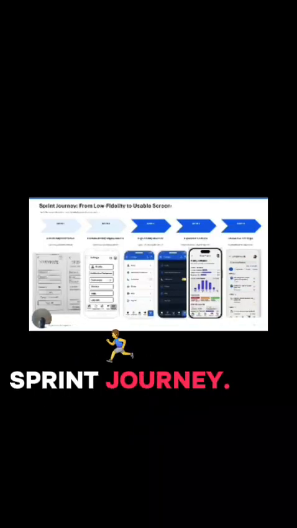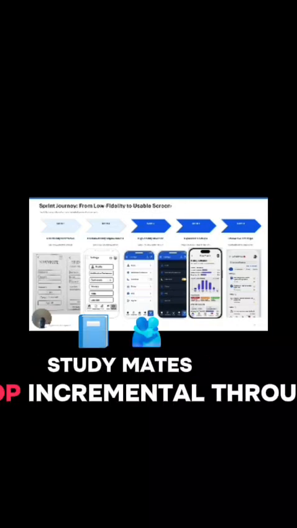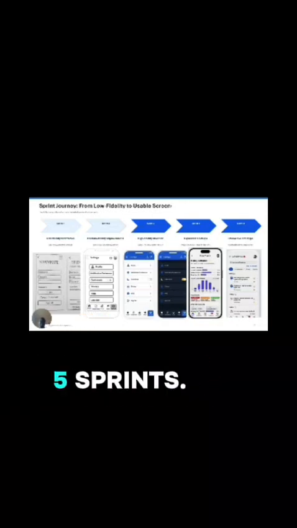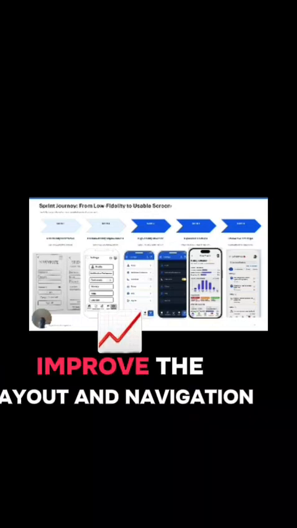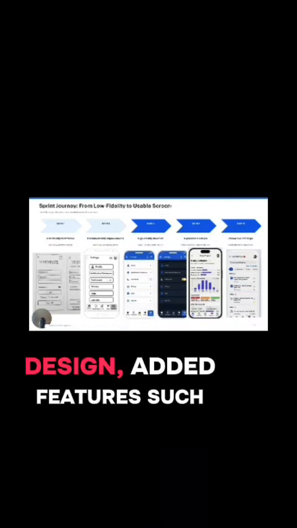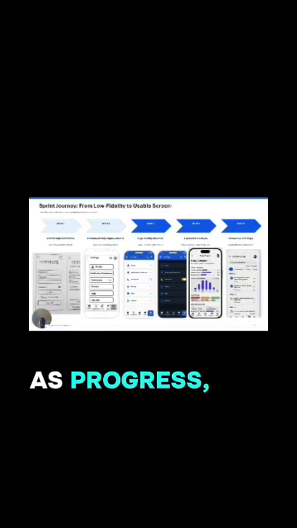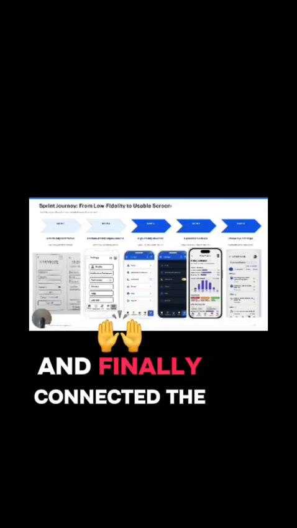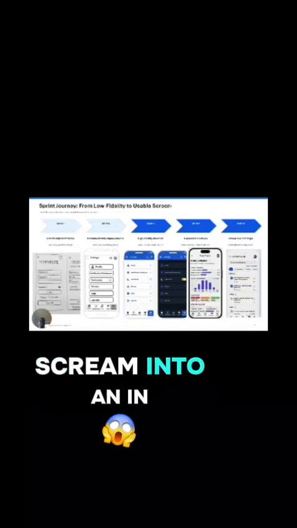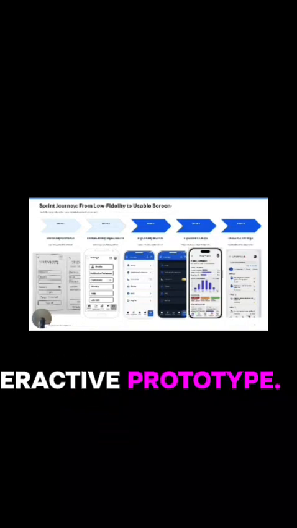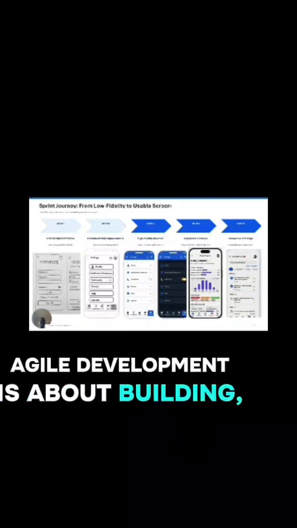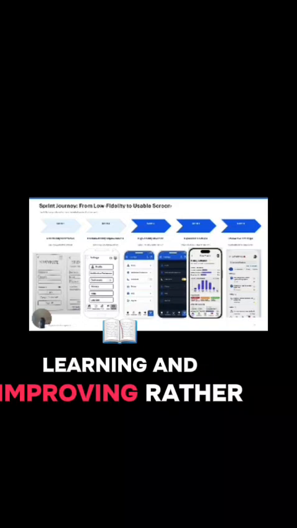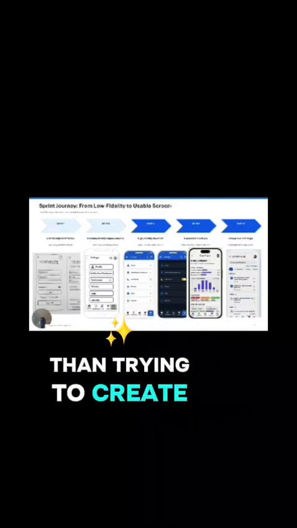Sprint journey. StudyMate developed incrementally through 5 sprints. We began with low fidelity wireframes, improved the layout and navigation, moved to high fidelity design, added features such as progress, focus mode, and search, and finally connected the screens into an interactive prototype. This taught us that Agile development is about building, reviewing, learning, and improving rather than trying to create everything perfectly